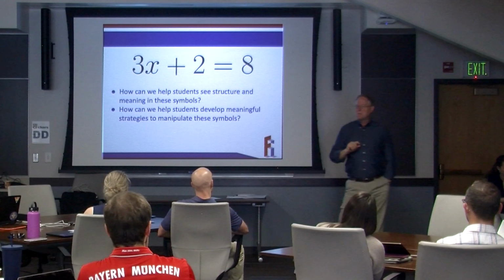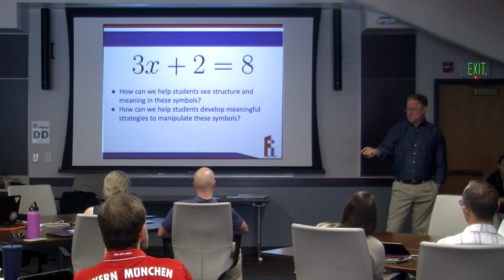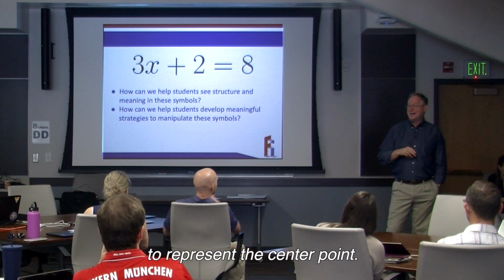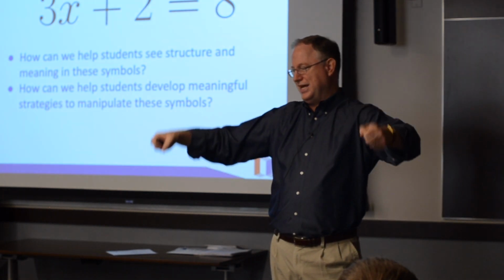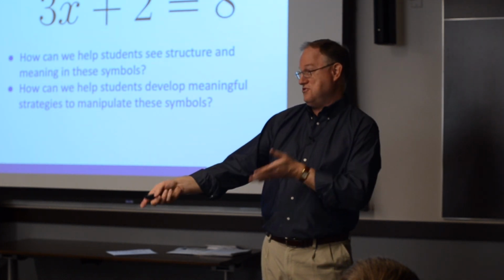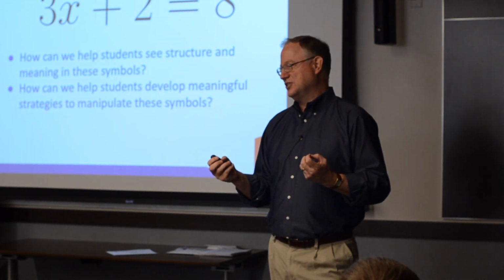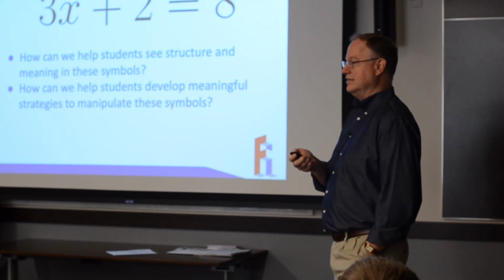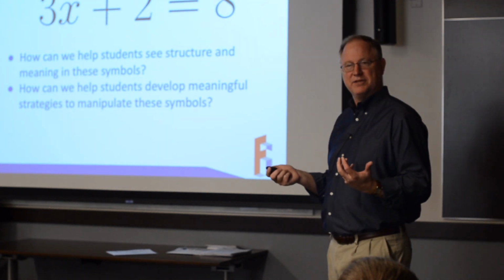How do you represent equal? The balance scale. Oh, there's a balance. Do you use a balance? The picture in the book has a balance, and you just come with some structure under desk to represent the center point. Okay. So you actually visualize it, they can imagine it, but do they actually balance things? I haven't done that. Okay, it's okay. I'm not suggesting you need to, because then you better get the right coins, and the bags they shouldn't weigh too much. So there are some issues in making this really real and hands-on, but at least they can get their head around the idea of what's being represented here.